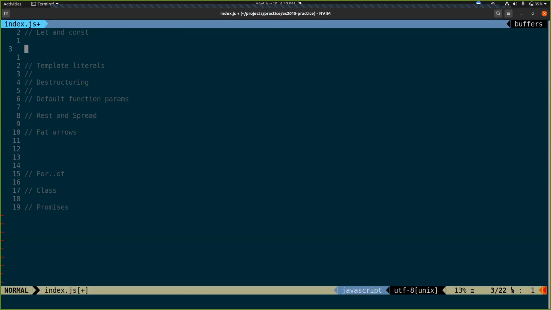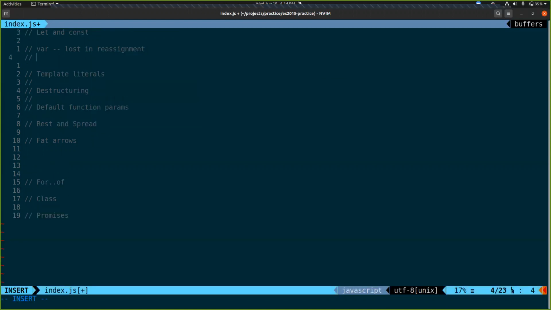Who can tell me what let and const are and why we needed them? Why wasn't var good enough? var specifically was able to get very easily lost in reassignment. So you could declare it once and then use it again and lose track of what you were actually tracking. Yeah, that's true. So how do let and const fix that? Const doesn't let you reassign.